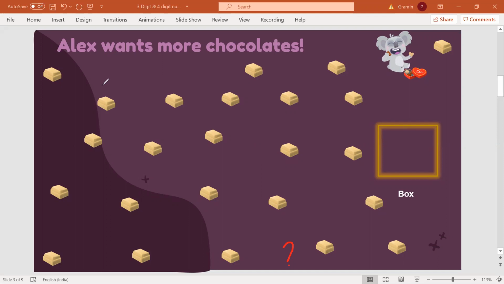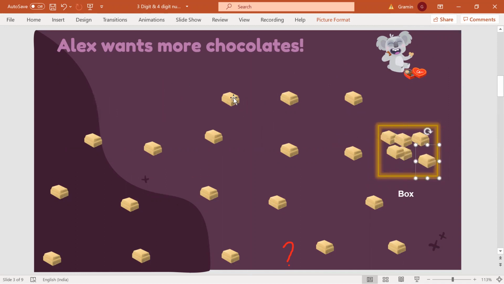So let's help Alex to count the chocolates. So let's start. Again, with the help of the box, we will start putting the chocolates inside the box. One chocolate, two chocolate, three chocolate, four chocolate, five chocolate, six chocolate, seven,